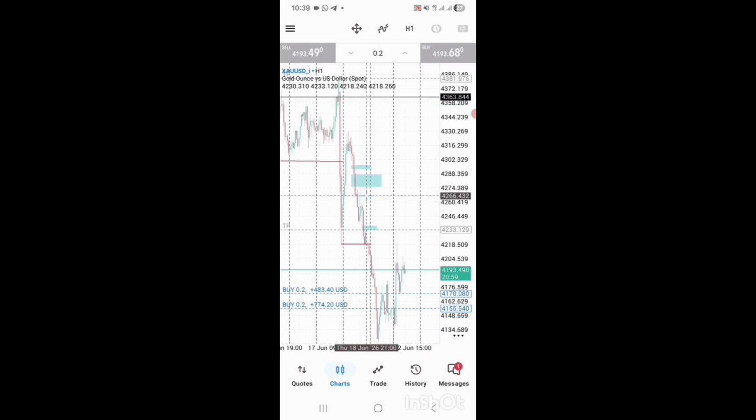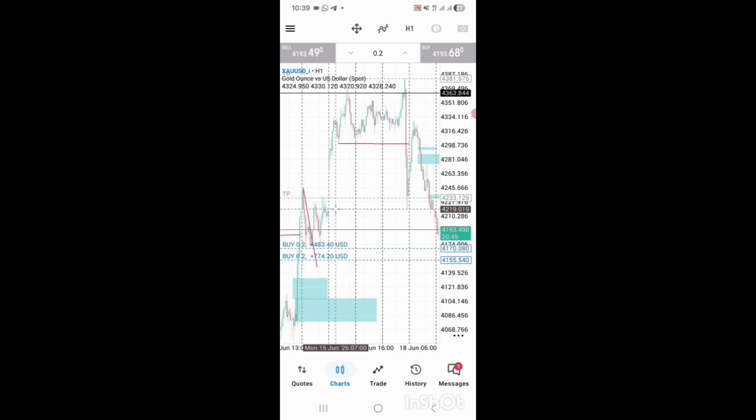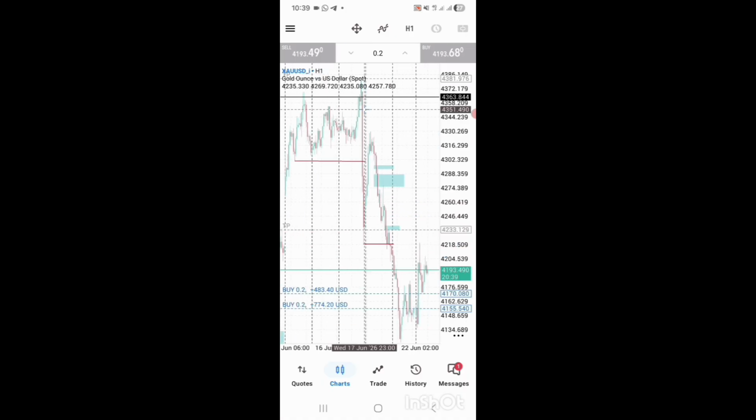These ones I will not consider because this break of structure here is on the same movement and not necessary. I wouldn't count this as having broken any structure. I'll just consider the first one and not the others that follow, because this is the main supply zone here. Order block resistance zone is right here. I'm not looking for it to be anywhere else. It must be within the structure, not out of it.